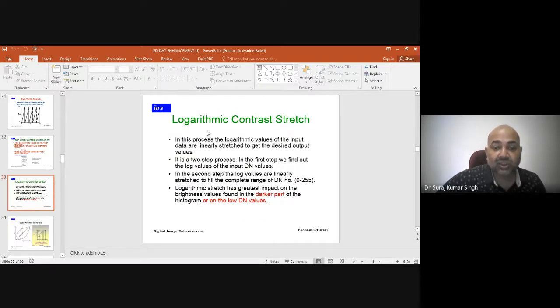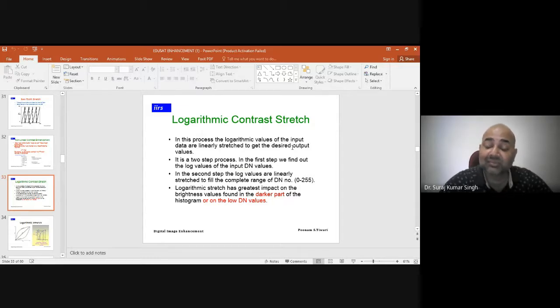So what does logarithm contrast stretch do? In the process, the logarithm values of the input data are linearly stretched to get the desired output value. So it is a two-step process. In the first step, we want to find out the log values of input DN values. So we'll be creating the log values of each and every pixel of the input DN numbers.